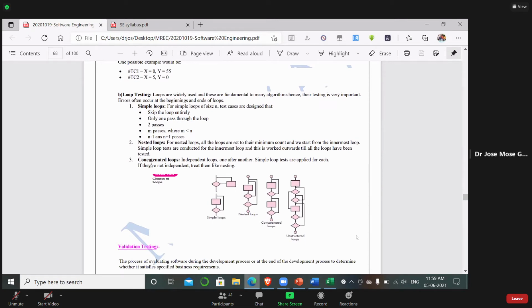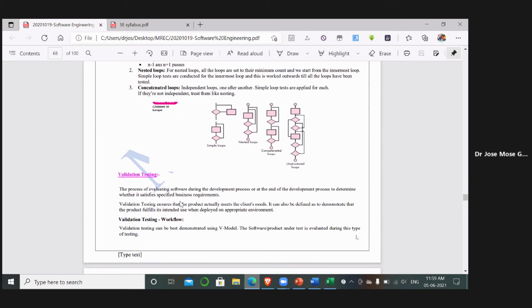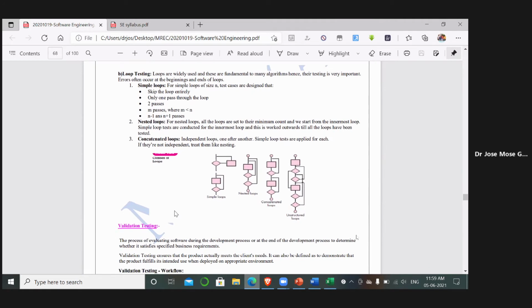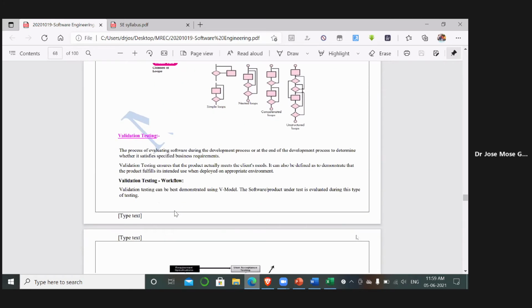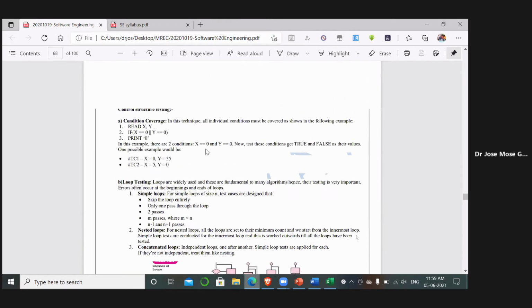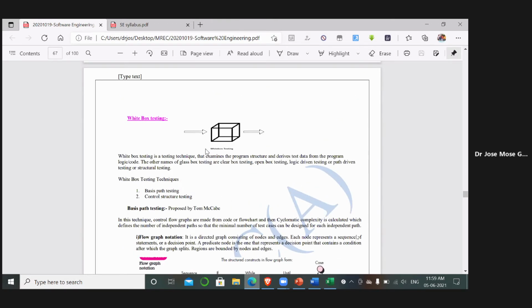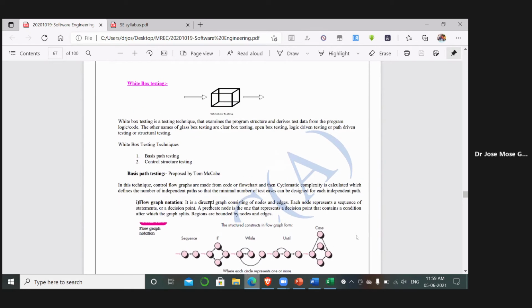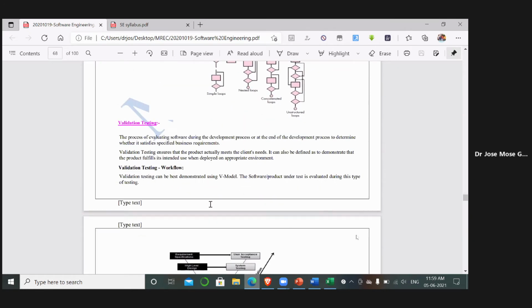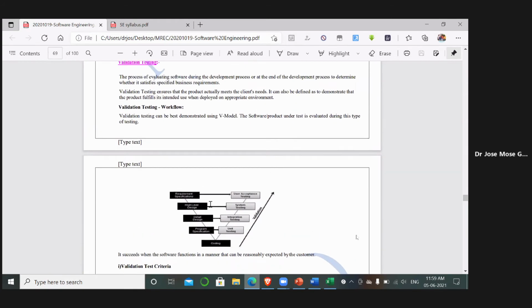Loop testing is nothing but what are the different loops that we have learned, like simple if statements, nested if statements, and unstructured looping also. We will be having that particular type of testing methods in white box testing. Okay, because white box deals with the logical statements. So whatever logical statements we have, all those will be included in white box. But in black box, we don't have any logical statements, so we'll be only measuring the path and graphs for that particular model.